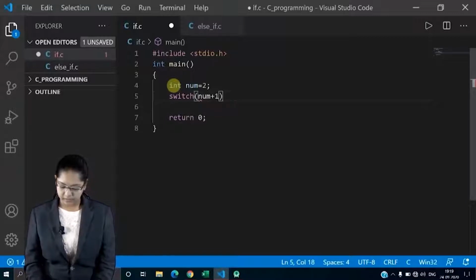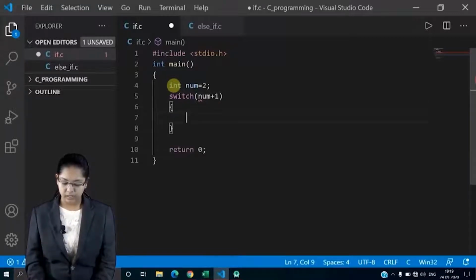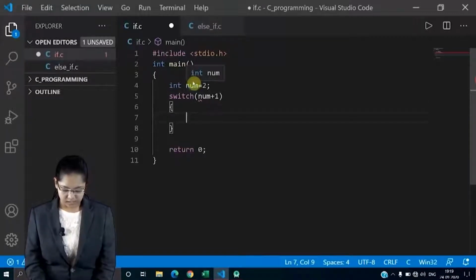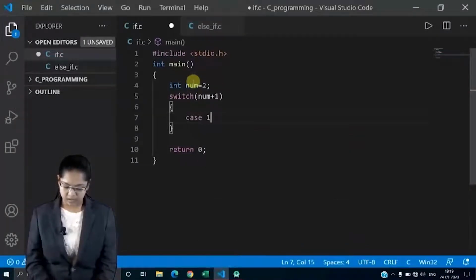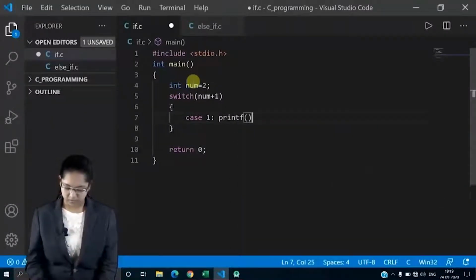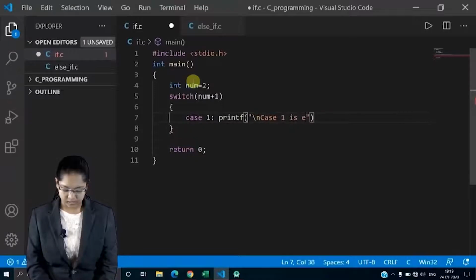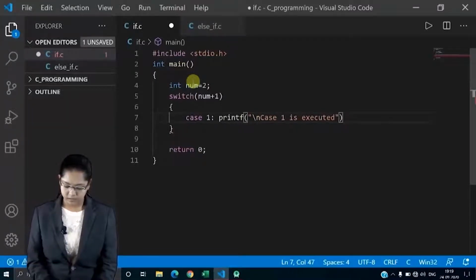Then here let's write case 1 colon, printf "case 1 is executed", then semicolon.